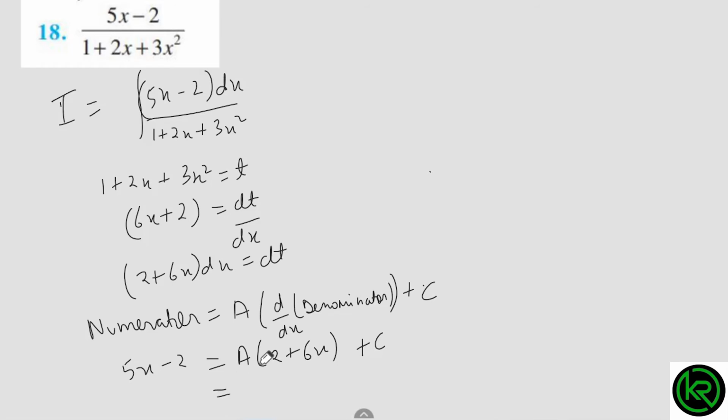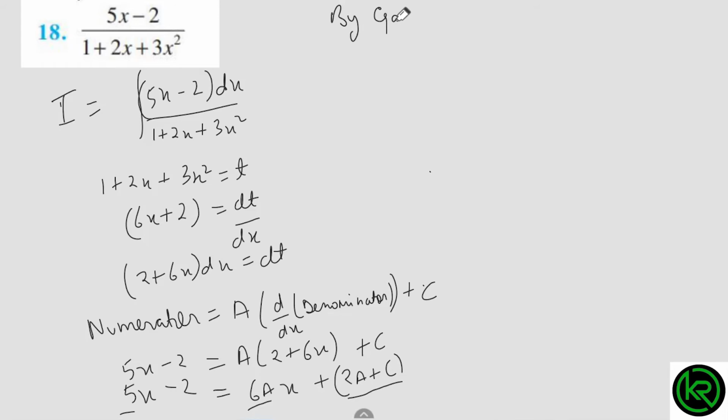Now students, you can see 6a we will get by multiplying here and here, and c plus 2a. On the right side, 2a plus c is the constant term and 6a is the coefficient of x, and here the coefficient of x is 5 and the constant term is minus 2. So now we will equate